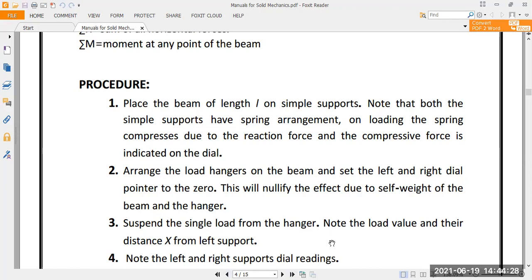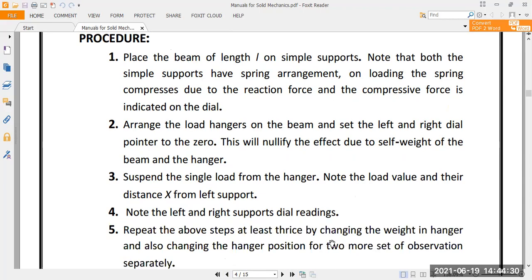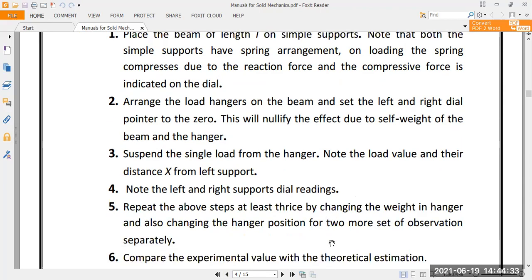You put the hanger at the center and note the left and right side support dial readings by bending itself. Repeat this step around 5 times and ascertain whether this machine and hangers are foolproof. They don't have any backlash. They don't change the material strength or the load overnight. And besides, we are assuming that it is isotropic material, and the load is uniform on both sides of the machine itself.